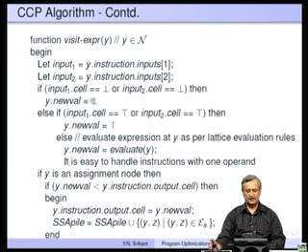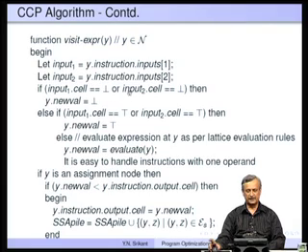Now, if I recall the transfer function, if one of the inputs in x plus y, either x or y, is not a constant, then the output is also not a constant. So, if input 1.cell equal to NAC or input 2.cell equal to NAC, then y.newval is NAC, not a constant. Otherwise,